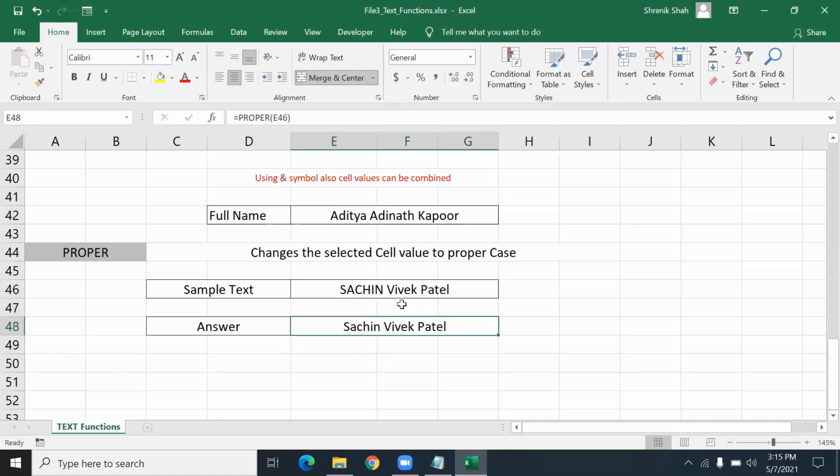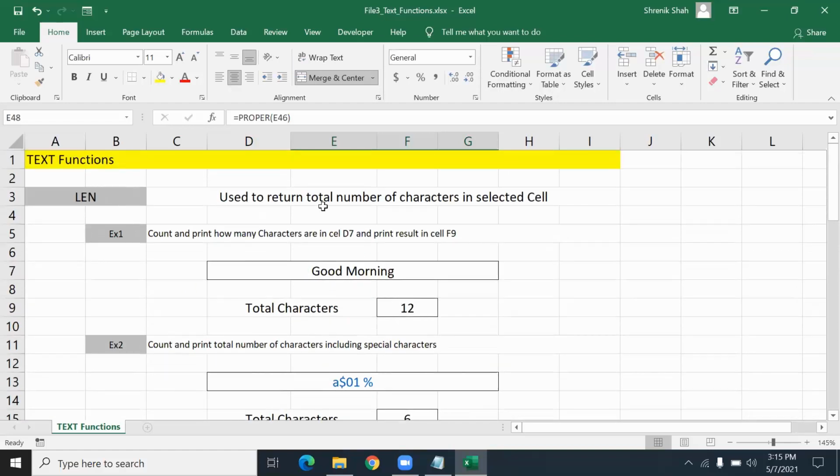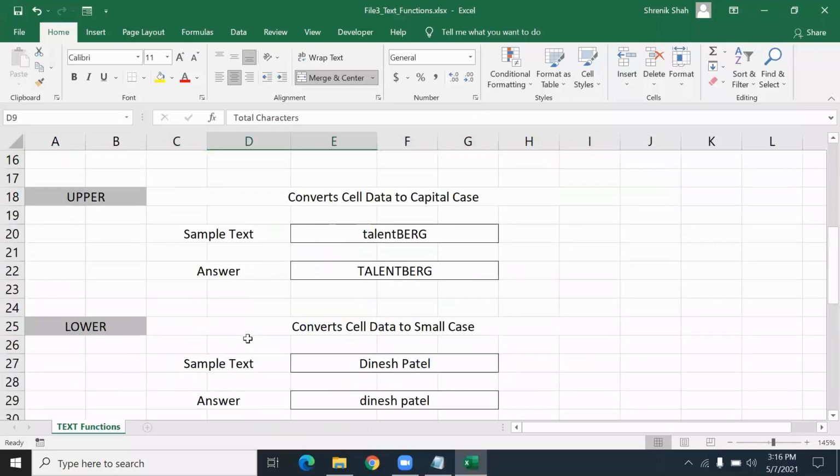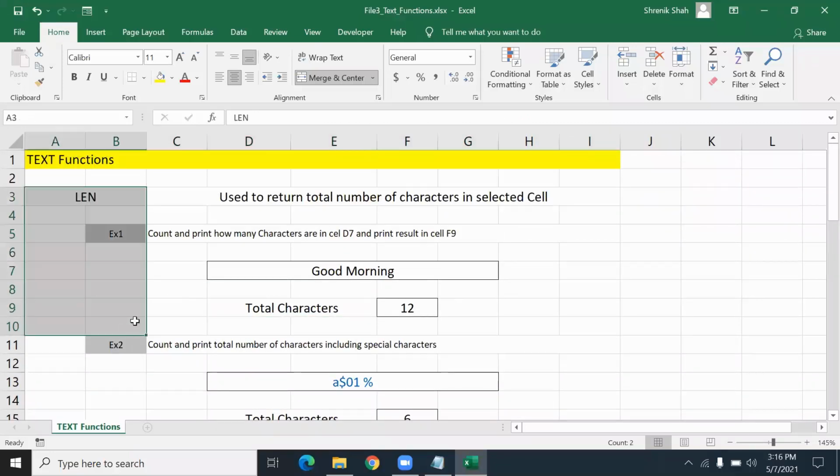So when to use these functions: in the case of validation, in the case of data entry, you can use these functions. Let's say during data entry, a user enters a name of more than 20 characters and you need a validation that will not allow the user to enter more than 20 characters. So you use the LEN function. If your data entry must be in capital case, there you use the UPPER function. If the user enters the first name, middle name, last name, and you want to see the full name, there you use the CONCATENATE function.